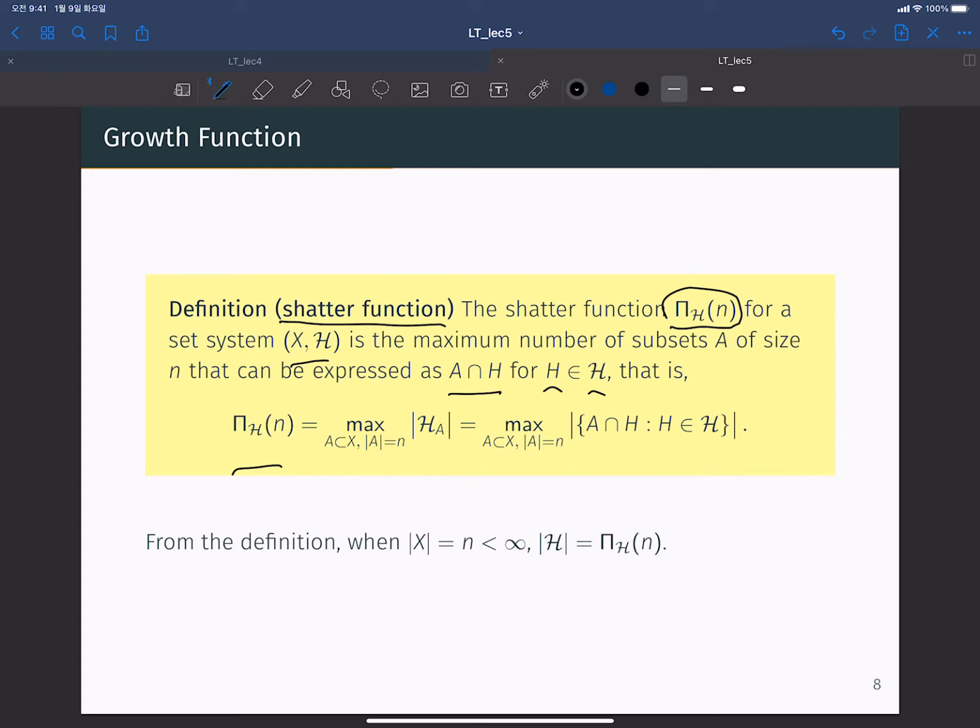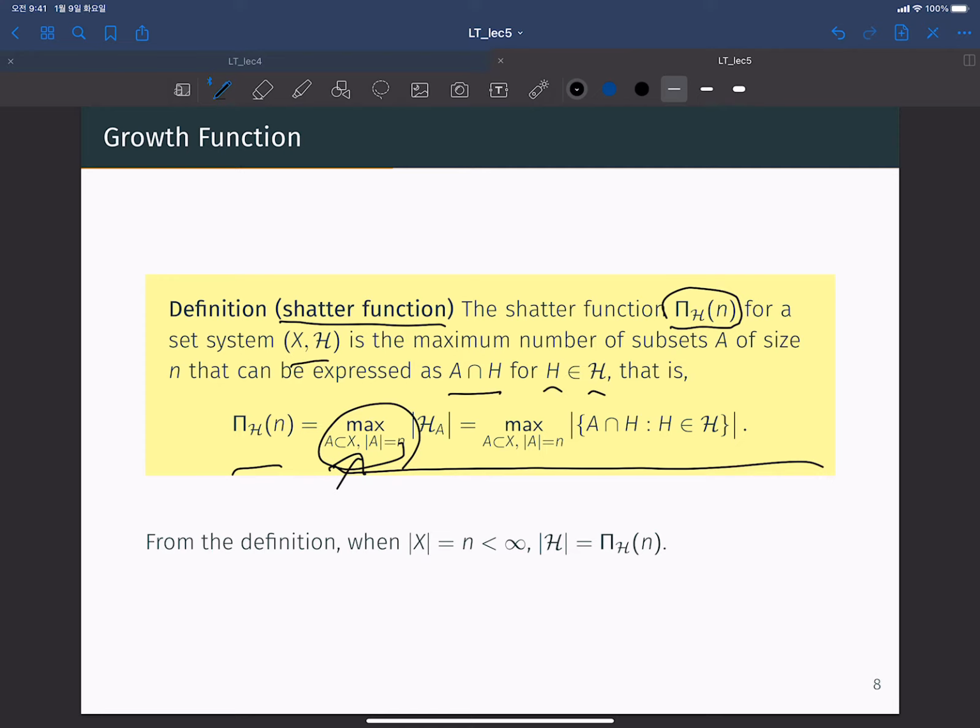Okay, so that is more formally defined as follows. Again, this is for the best scenario of subset A having subset size n. There may be some very bad case, the subset A having n elements, but the number of hypotheses defined on A is 1 or 2. That is absolutely fine. We are considering just the max, so we are considering the best case, having the largest possible